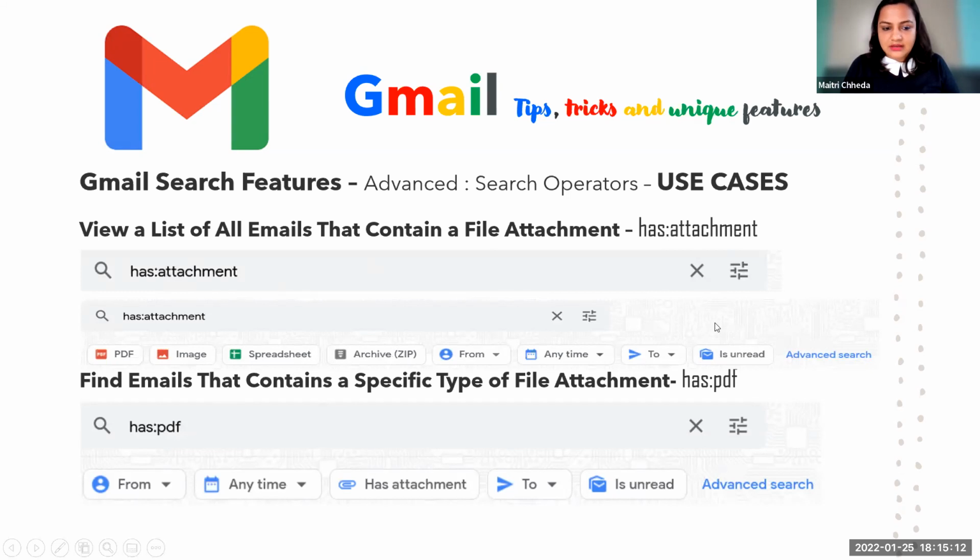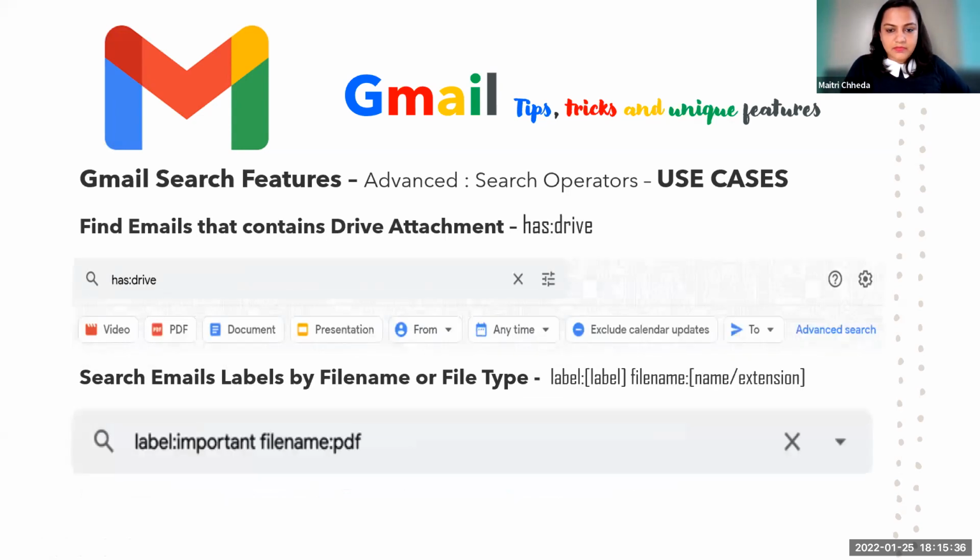So you just write down has attachment, and you can select anything. Or if you want a specific type of file attachment, you could directly write has colon PDF, and you will receive all the emails which have PDF as an attachment. Or you could just say has XLS, and you will get all the spreadsheets.